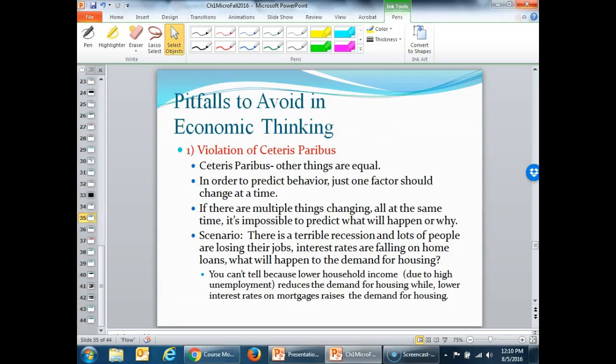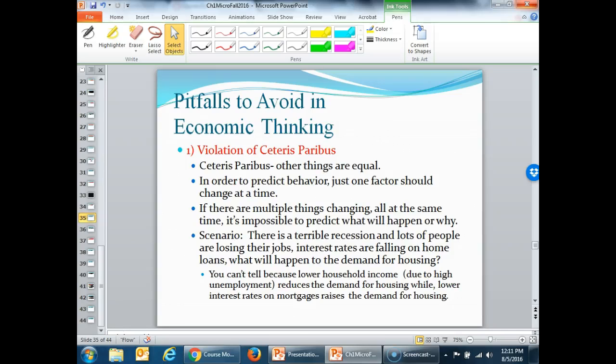But at the same time, we have unemployment, crazy unemployment. Everybody was losing their jobs. What does that do to the demand for housing? Well, when income goes down, demand for housing goes down. So the point is that when you have this extraordinary recession and falling interest rates, we can't tell what's going